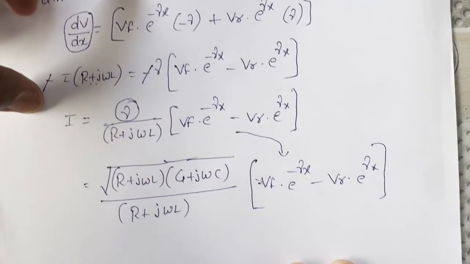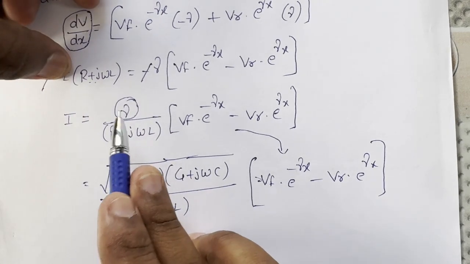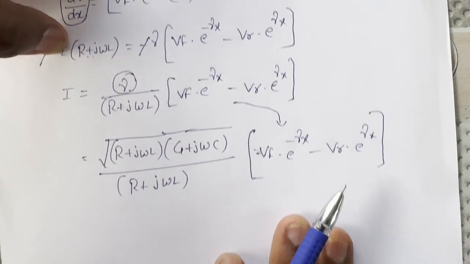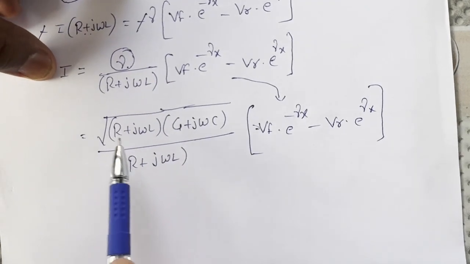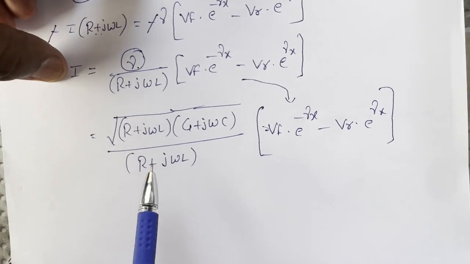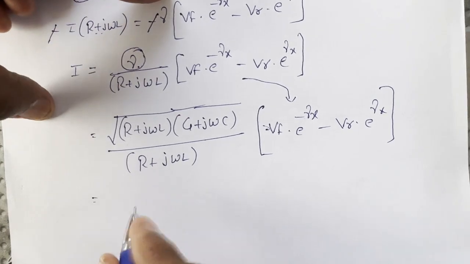This term comes here because we have the value of gamma. This gamma is already derived in our previous section. Now the numerator root of R plus j omega L and the denominator root of R plus j omega L will get cancelled, and finally we have